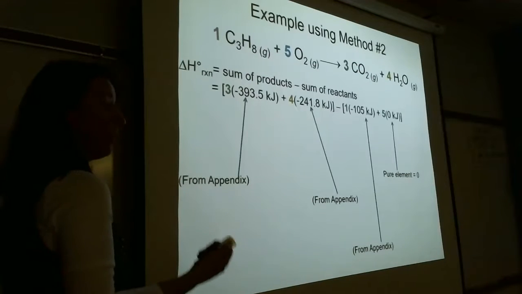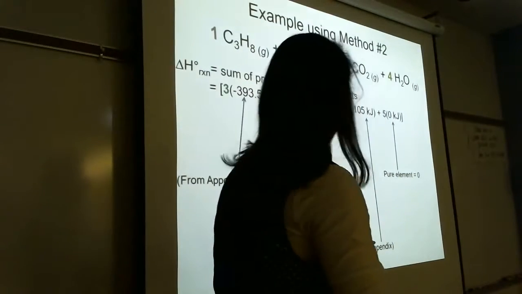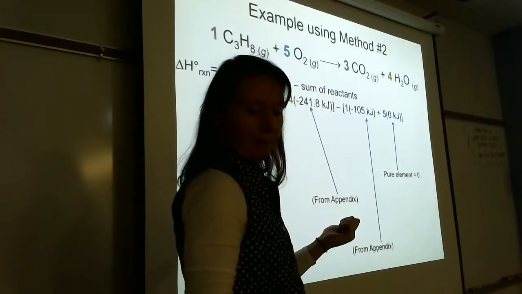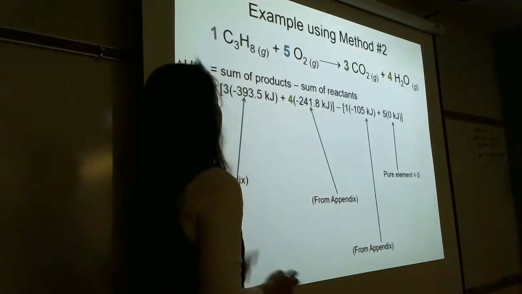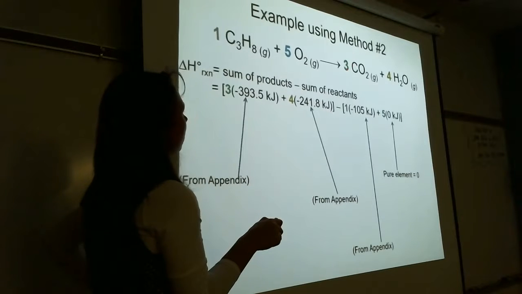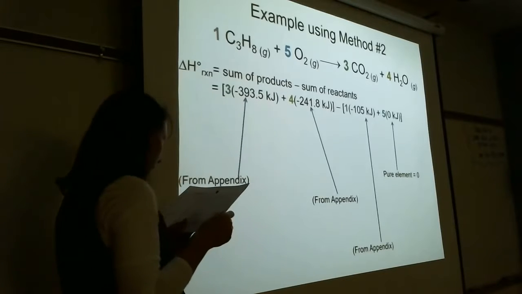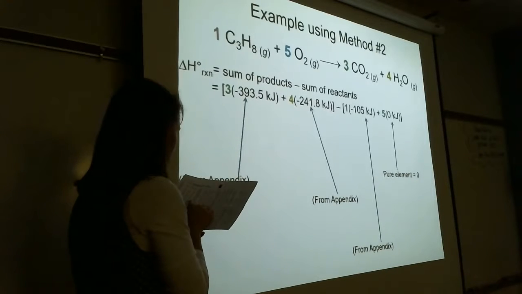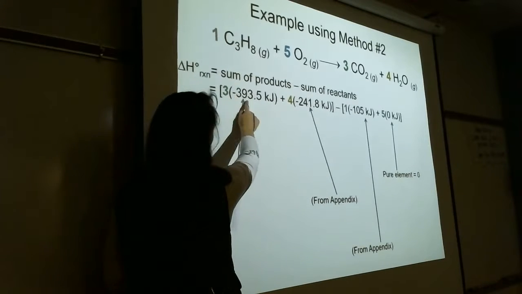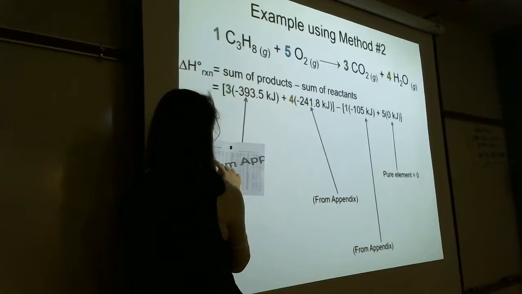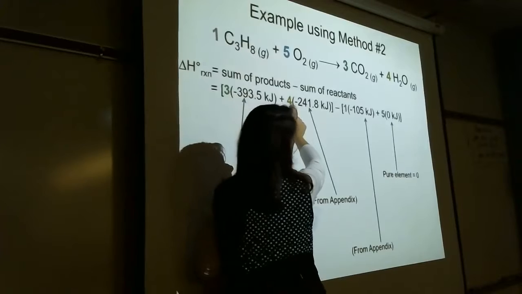Now, all these are coming from the table here. These values might vary ever so slightly just because sig figs are based on the reference page you're looking at. Okay, so the textbook that you have in front of you is what I was using for these. So for CO2, it's a product, right? The coefficient is 3. So on my table, I find carbon dioxide gas, right, because state of matter matters, negative 393.5. So 3 times the heat of formation of CO2, which is right there, plus 4, because that's the coefficient,